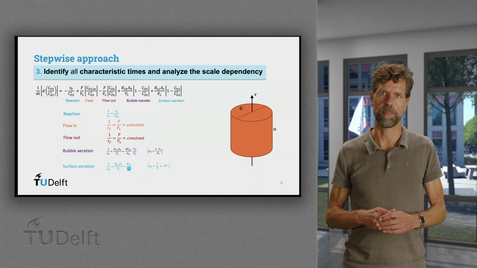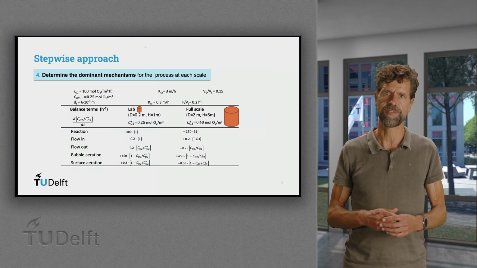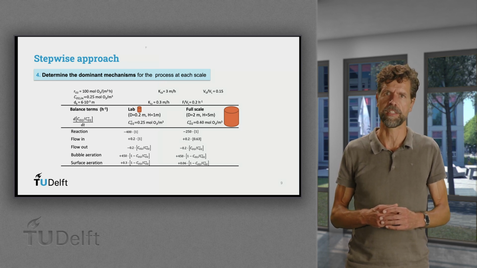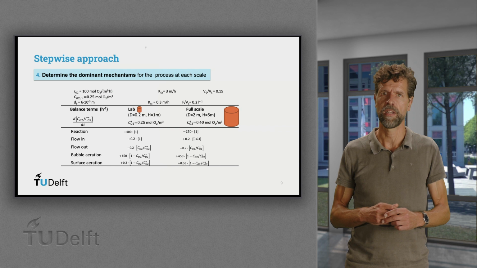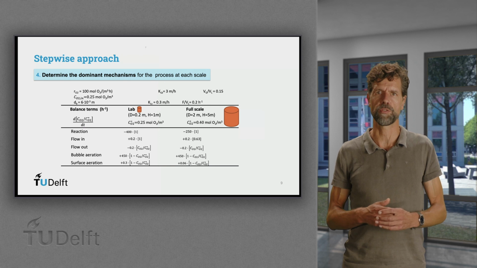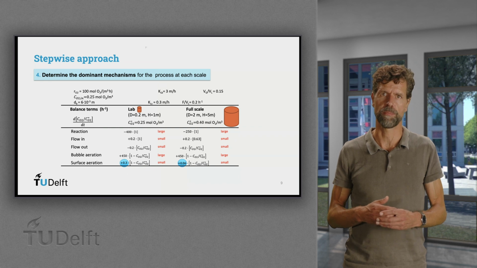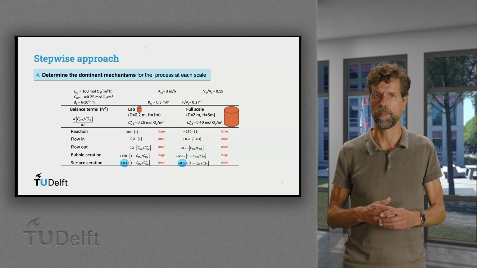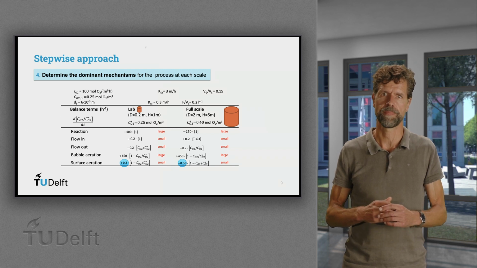Then the fourth and final step of our approach, that is to identify the dominant mechanisms on each scale. We need to fill in some actual values to do so. Note that the equilibrium concentration of oxygen at the interface of the bubbles is scale dependent, due to a different oxygen depletion of the gas phase and the hydrostatic pressure on both scales. After filling in all the known values for the two different scales in our example, we see that the reaction rate and the oxygen transfer from bubble to the broth are the dominant, that is, the fastest sub-process in our bioreactor on both scales. We also see the scale dependency of the surface aeration.